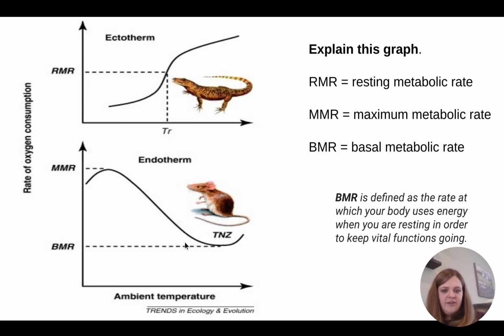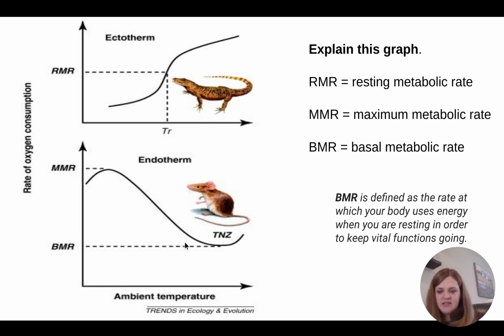Here's another graph. This is talking specifically about the metabolic rates of these animals. And this is going to connect what we talked about on one of our previous tests with the ectotherms and the endotherms. Remember, an ectotherm needs energy. It moves to warm itself up, whereas an endotherm is going to keep that constant temperature at